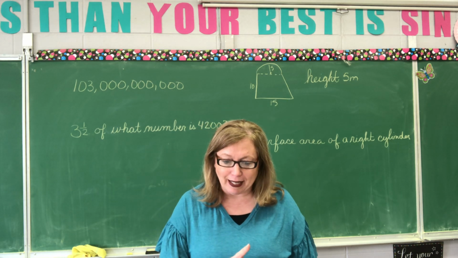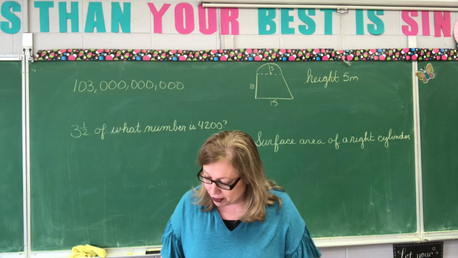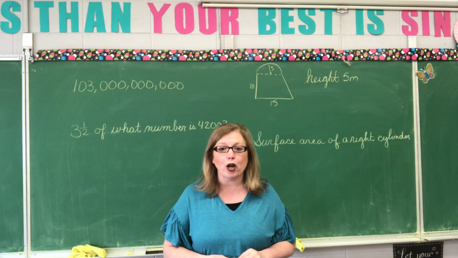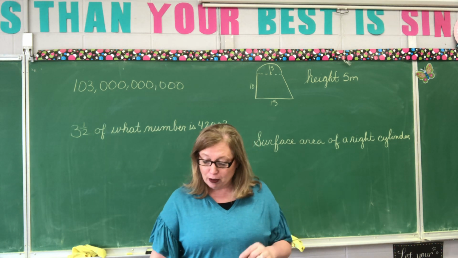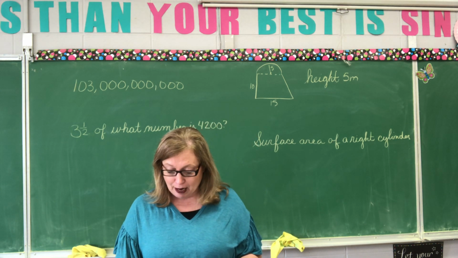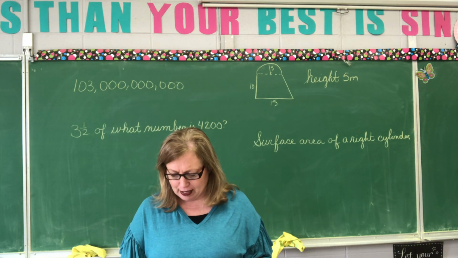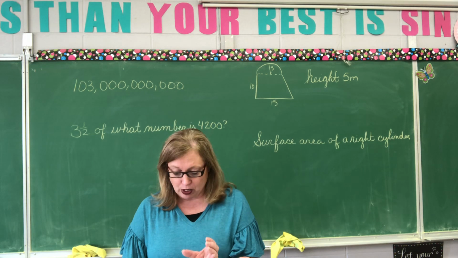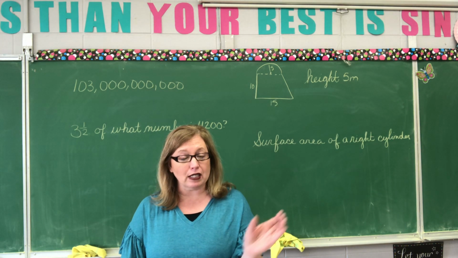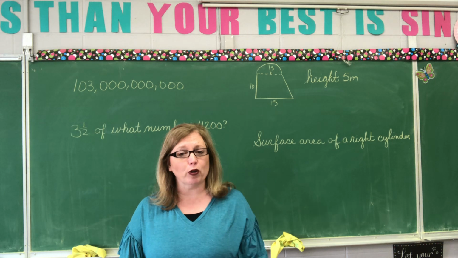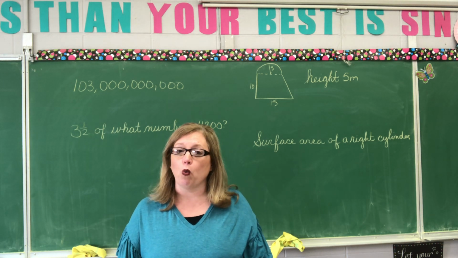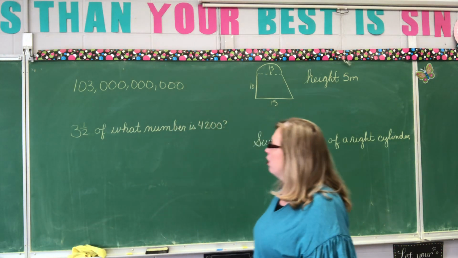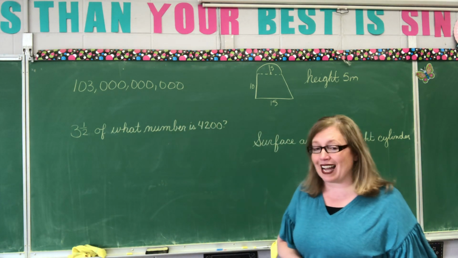Let's look at number 11 on problem set 79, that is page 223. Problem 11 says, write this number. If you look at that, just for practice sake, the first three units are our units. The next three zeros are the thousands. The next three are the millions. And the last three are the billions. So if we were to read this number, we would read it as 103 billion. Now I wrote the number on the board for us, and we want to write it into scientific